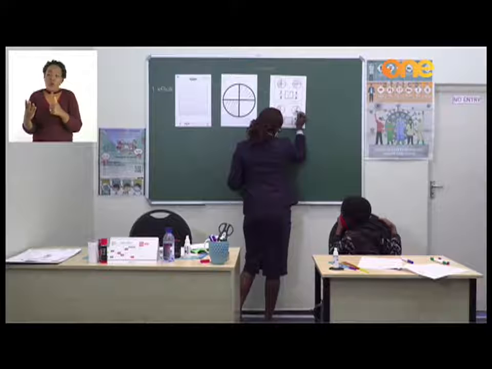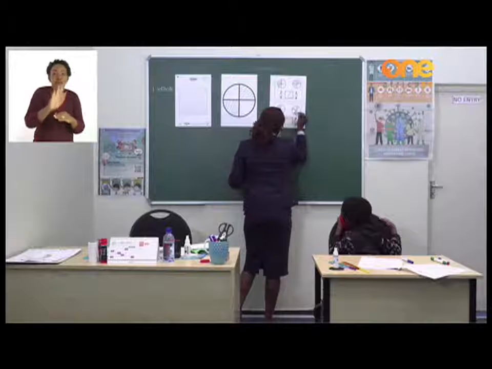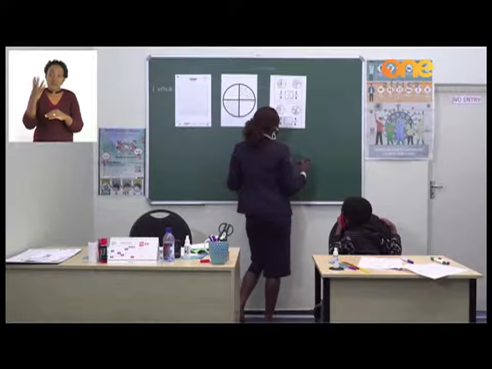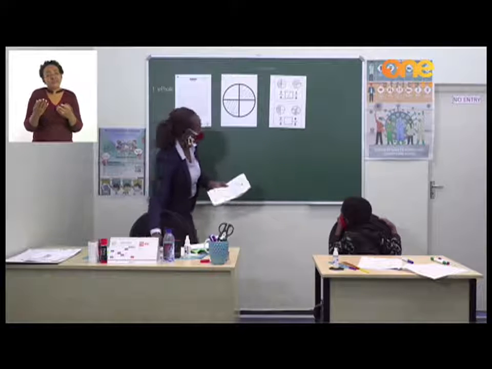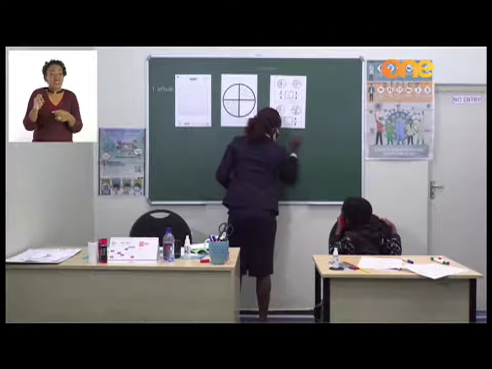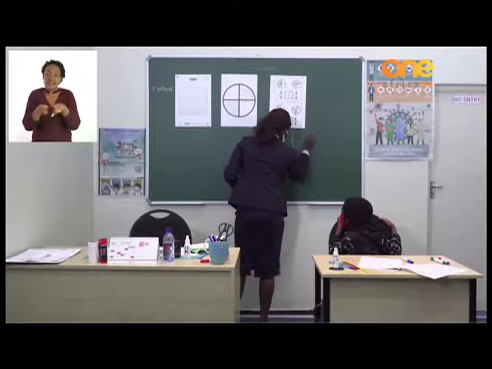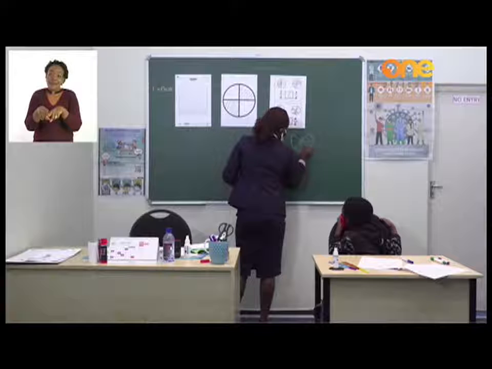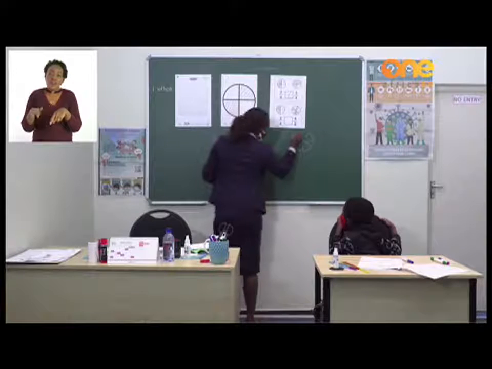Okay? I can choose, or let me draw it again and do it on the same side. 1, 2, 3, 4, 1, 2, 3, 4. So there are 8. If I shade,